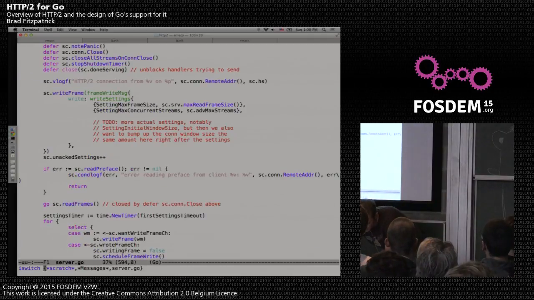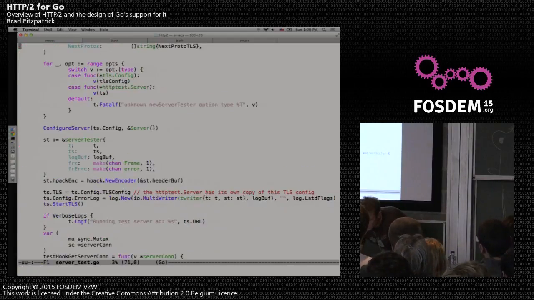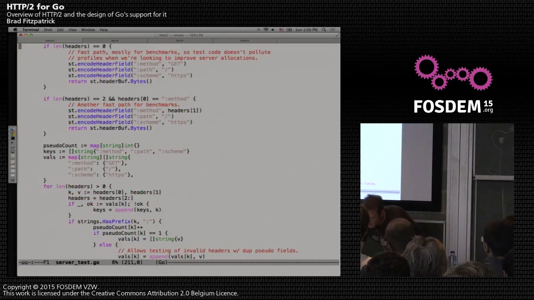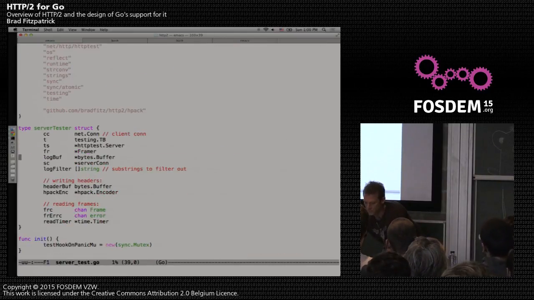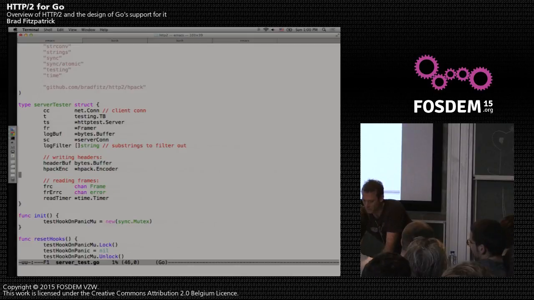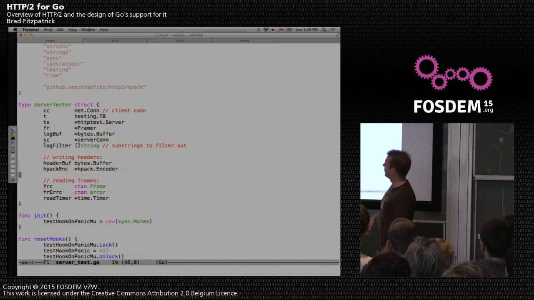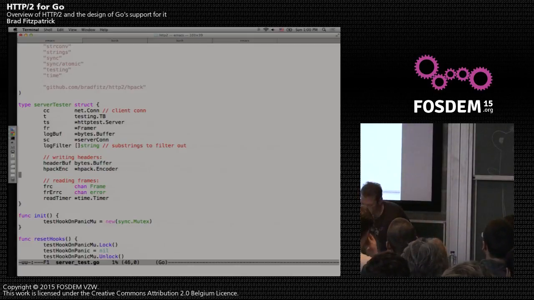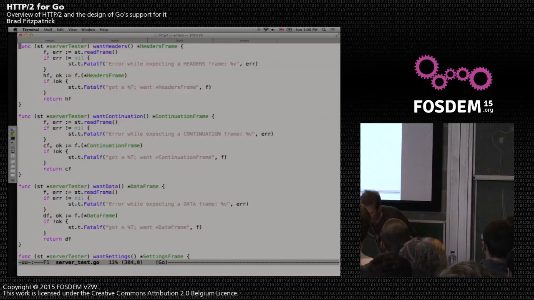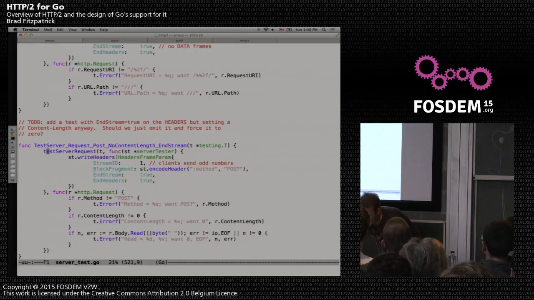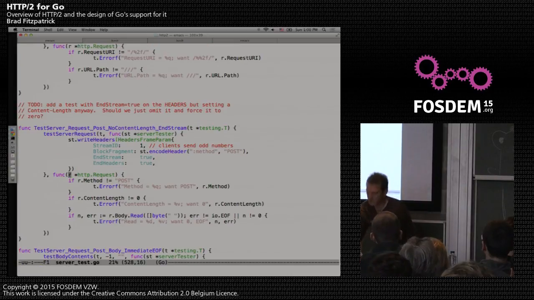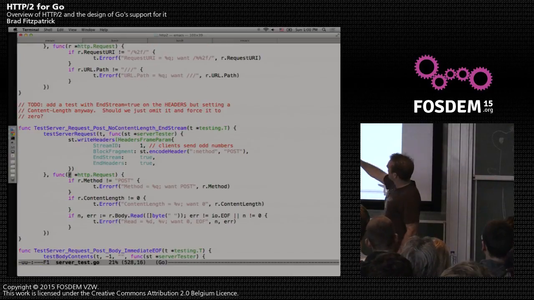So tests are fun. There's whole bunches of tests in here that do things like, so first I made a type called server tester, just so I could make the other test down below easier. And these have lots of little convenient methods for doing stuff. But then I'll have a test like,